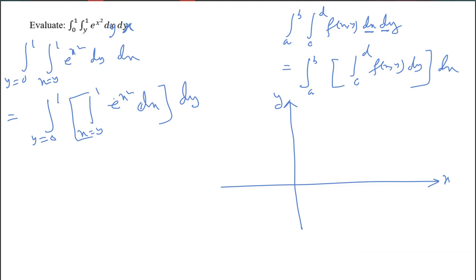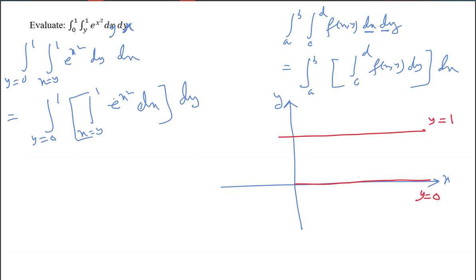So what is the region? y is equal to from 0 to 1. That means from the x axis to y is equal to 1. This is the y axis, y is equal to 1 is this one, and this is your y is equal to 0 line. So the first range is y is equal to 0 to 1.